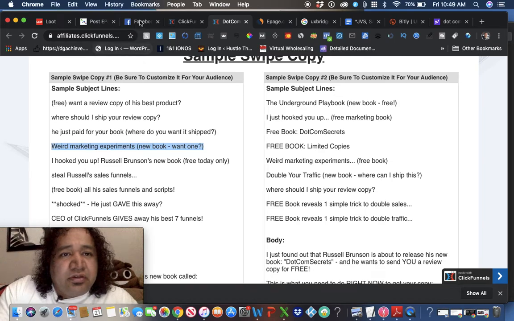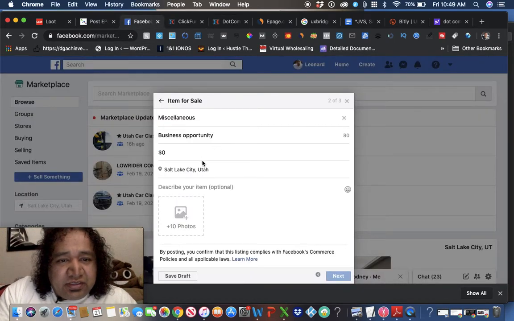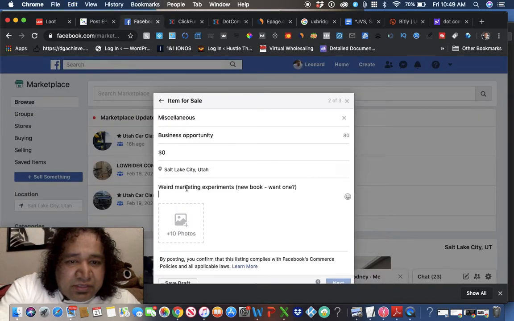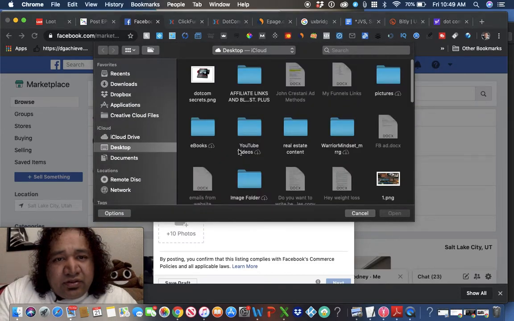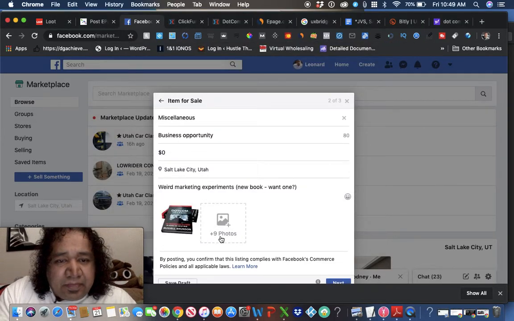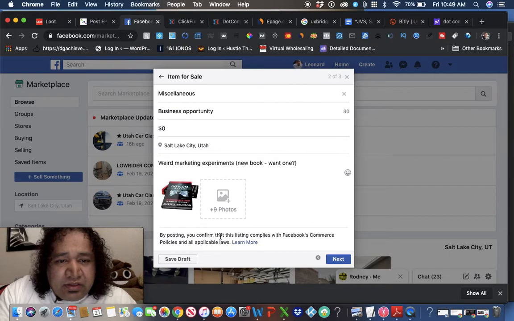Copy it. Go back to your Facebook Marketplace. Paste it there. You want to add a photo. There. And then you can add 9 more photos. You can add so many of that thing. But I don't believe this is the right spot, so